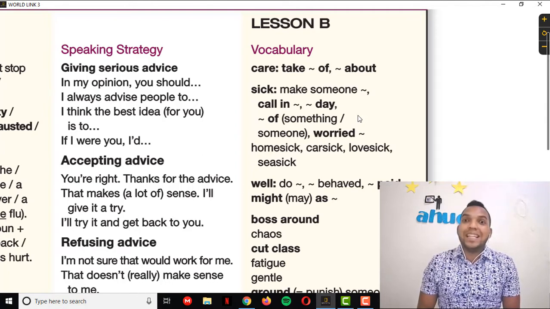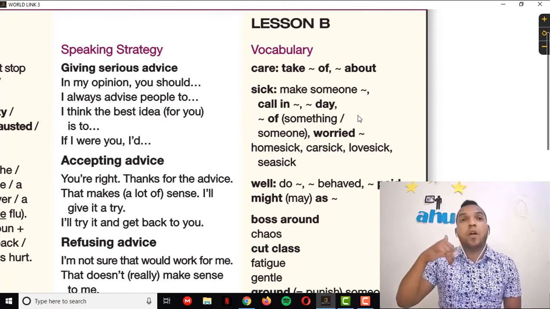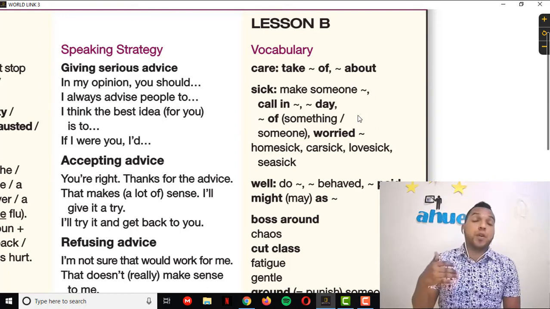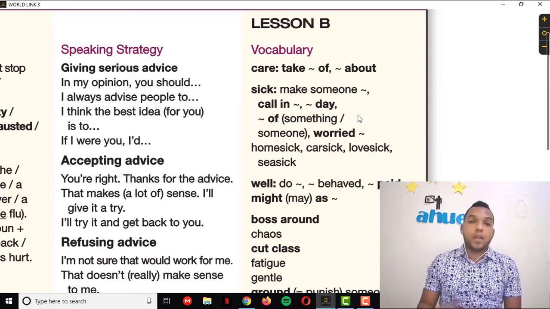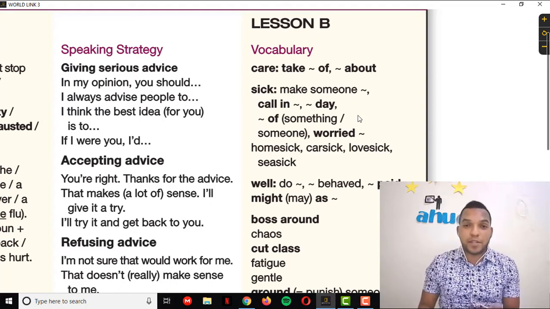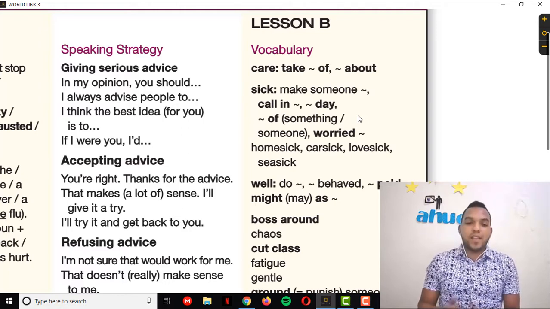Okay, call in sick. When we call in sick, this is when you make a call maybe to the school or to your company to say that you are sick and you will not be able to attend. All right, so that's something you as a student used to do a lot when you're sick. Sick days, so those sick days, for example, especially women, they have some sick days, right? That they have, in this case, the period we could say. That is the word that we use for those days.